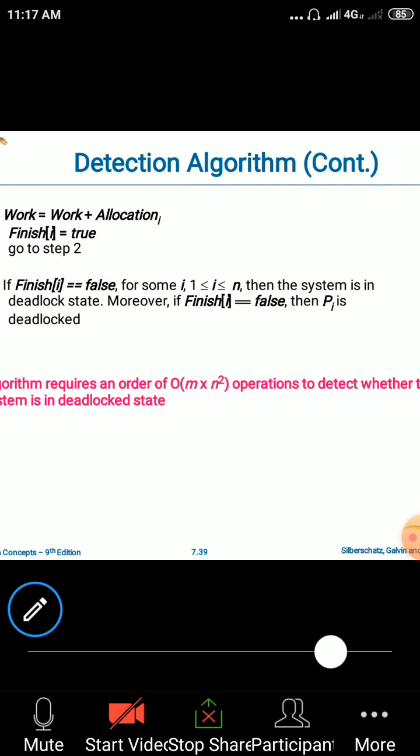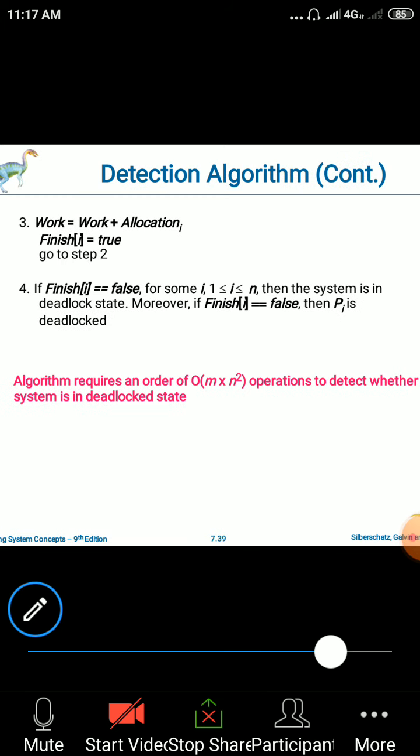Now let us consider that three processes are there, P1, P2, P3, and the need of P1, P2 and P3 is greater than the available resources. Then the resources cannot be allocated to any process, all the processes will enter the waiting state and they will never complete their execution. Then we say that the system is in the deadlock condition, or that deadlock has occurred in the system, right?